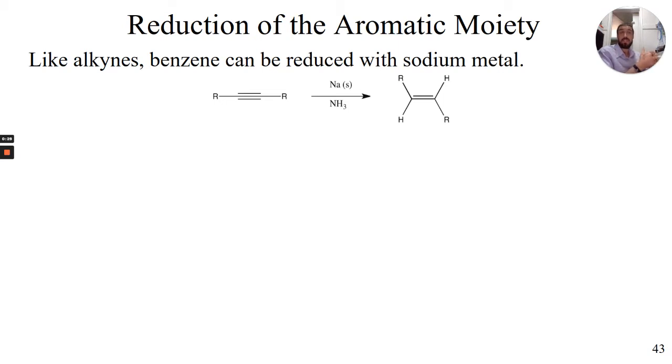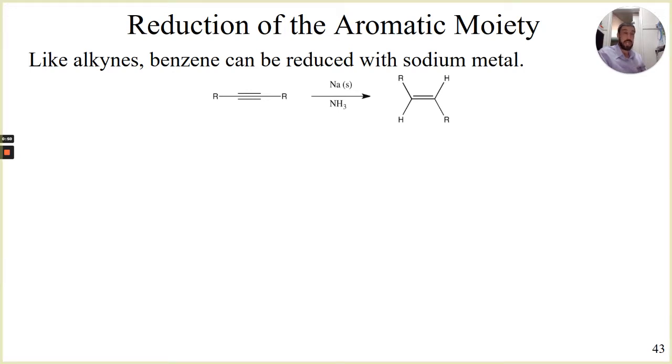And because it can be done, even though it seems like you can't, it also gets a name associated with it, so we'll hear it as a named reaction. Benzene can be reduced similar to our alkynes. In the alkynes, we use sodium metal, and it goes through what is known as a radical anion mechanism. That's because sodium has that one extra electron, and it's really trying to offload it due to its low electronegativity. And so we end up seeing a radical mechanism that goes through and produces